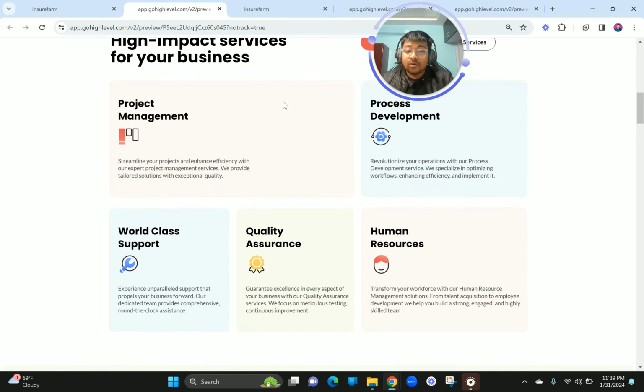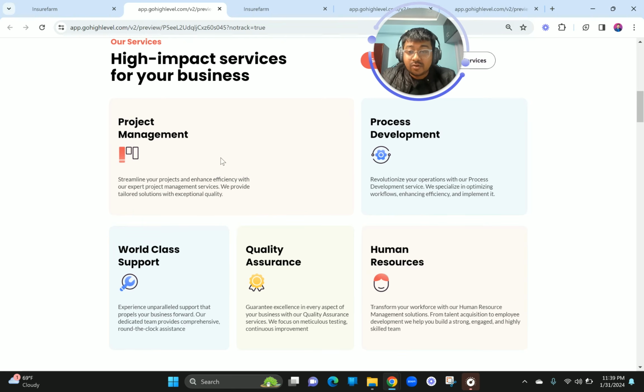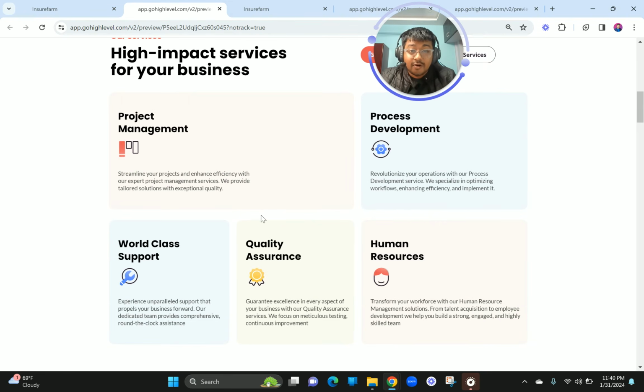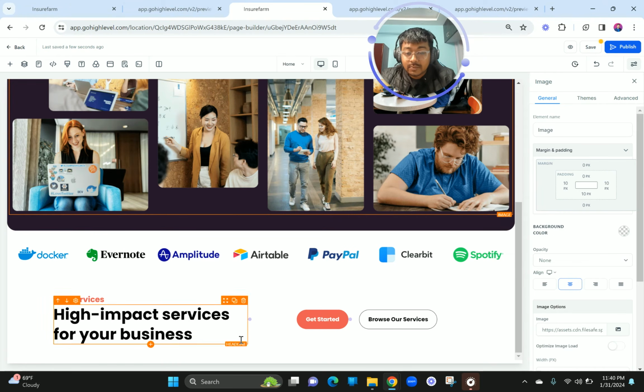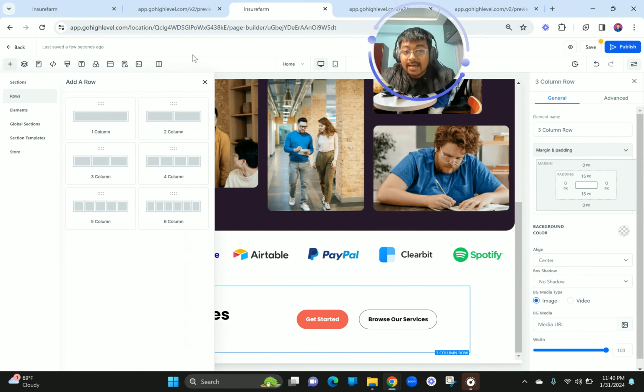Now we are going to develop and create this entire thing, right? This is where you're going to add project management, process development, world-class support, quality assurance, and human resources. This takes time, of course, and make sure that you watch it till the end. Okay, so I'm going to create one more row column,